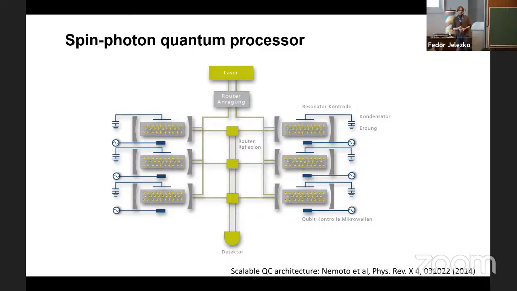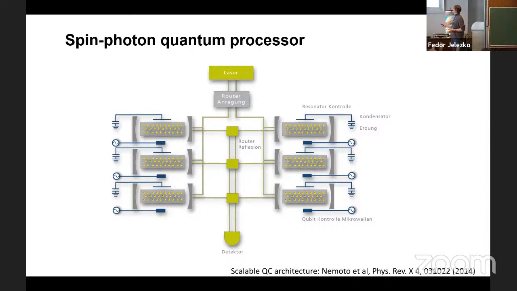So the advantage of this is that you have outstanding connectivity. By changing a classical waveguides, you can connect any of the spins of a large distance, and you are fabrication tolerant. Even if one of the 1,000 of fabrication step happens successfully, you can discard all unwanted qubits that are not working and connect only those that are working. So this is basically another path, but it's a path that requires